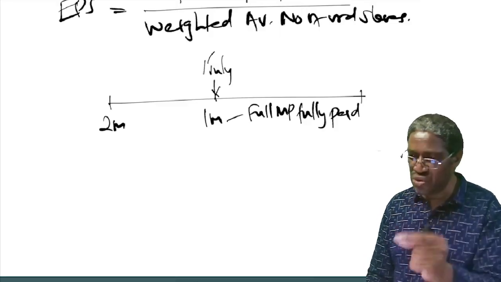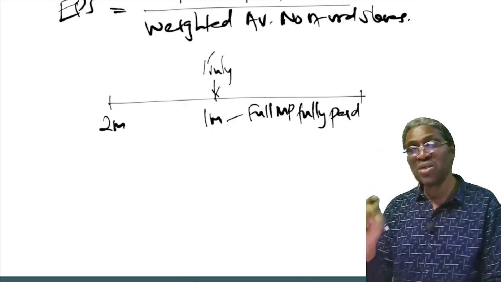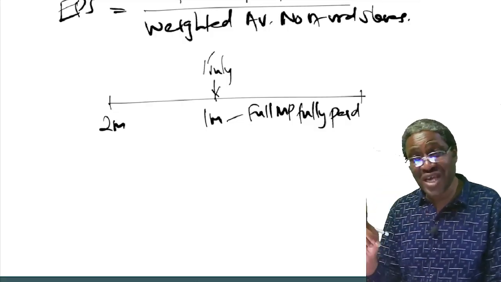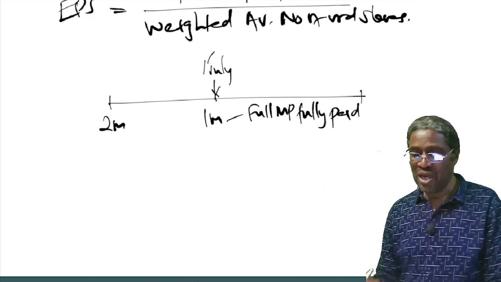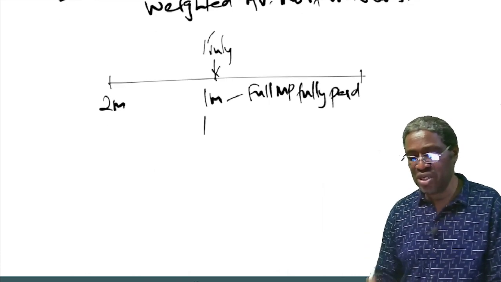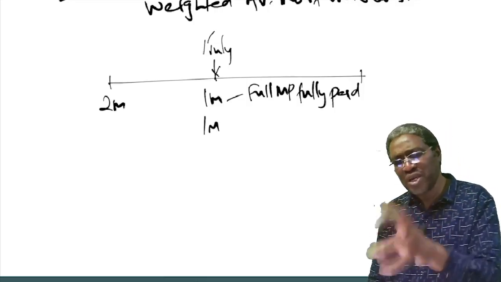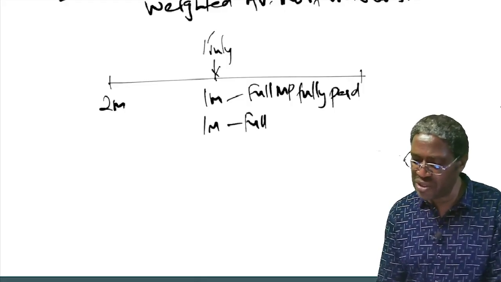The answer is no. We shall look at the rules for how to compute the weighted average number of shares when shares are issued at full market price and they are fully paid. Another circumstance that can affect the computation of the weighted average number of shares is when, for example, again on 1st of July, your company issued 1 million shares at full market price,